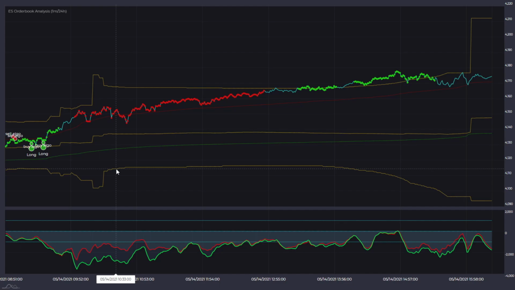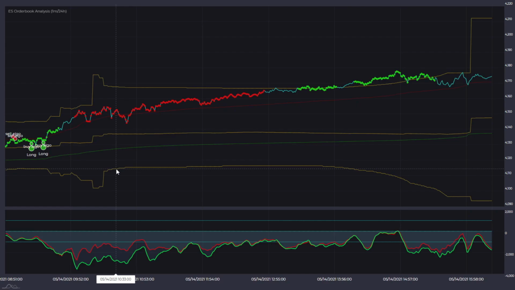Sometimes there will be more, but usually there will be just one or two signals, or just a few algos detected. And it's not because there is no algorithmic activity during the RTH session, but because I'm looking for the most significant ones